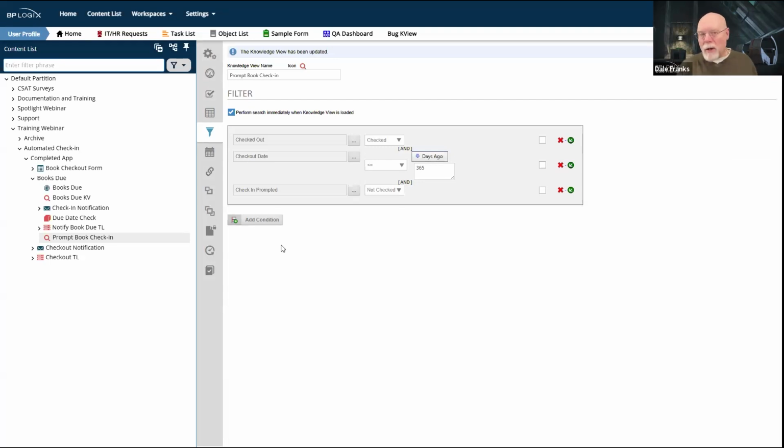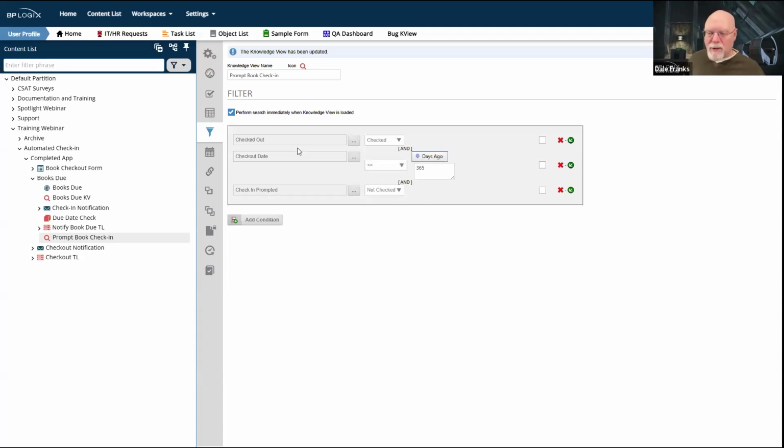As I explained earlier, for a book to be considered due or overdue, whatever verbiage you want to use, the checked out checkbox has to be checked, because the book has to be checked out. The checkout date has to be however long ago it needs to be. In this case, it's 365. We're going to come back and talk about that operator in a second. But we have our checkout date.